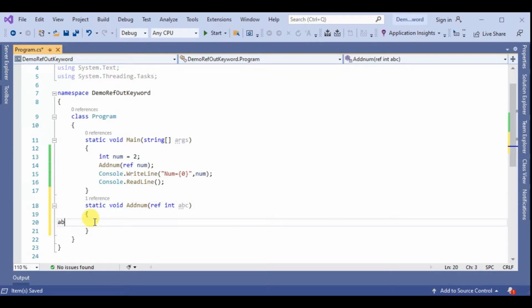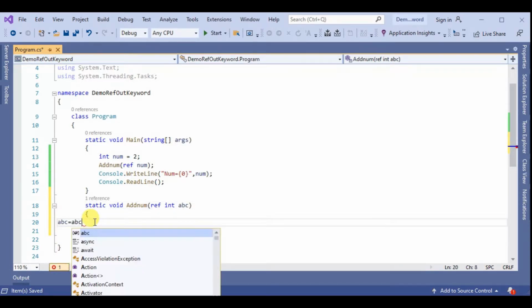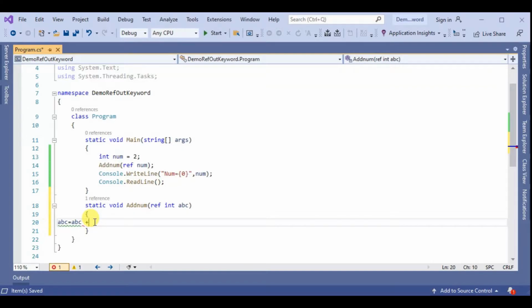Inside the AddNum method, abc equals abc plus 10, so whatever value comes in gets 10 added to it.